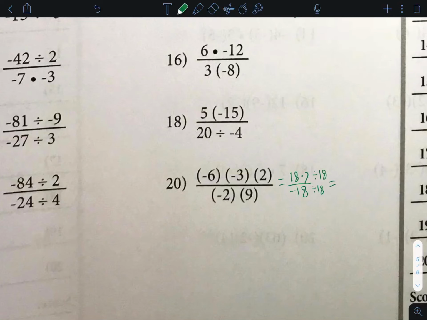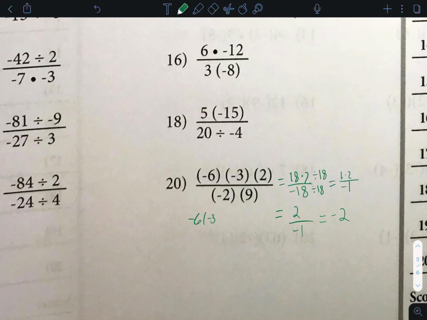And 18 fits into 18 once, so we have 1 times 2. And 18 fits into 18 once, but there's a negative, so it's negative 1. So then I have 1 times 2, which makes 2 on top, divided by negative 1. And negative 1 fits into 2, negative 2 times. Another way we could have answered this question is